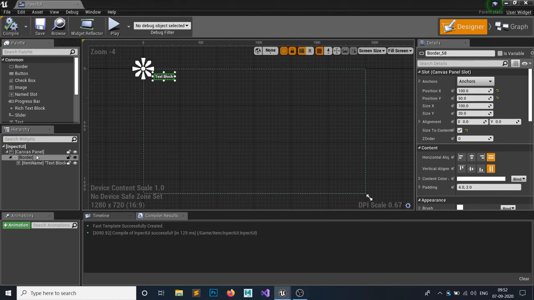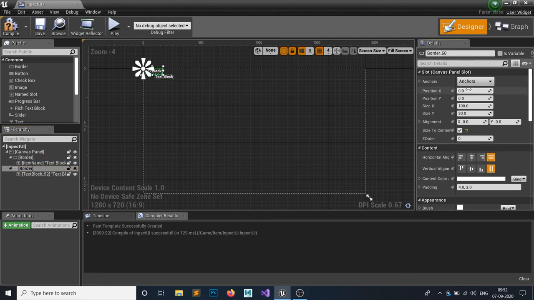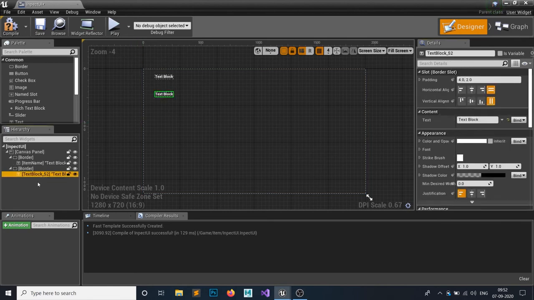After doing so, click on this border and copy and paste, just Control W to duplicate it. And also we need 100 for position X and position Y, let's say 200. Yeah, this would work. And this text would be your item description.